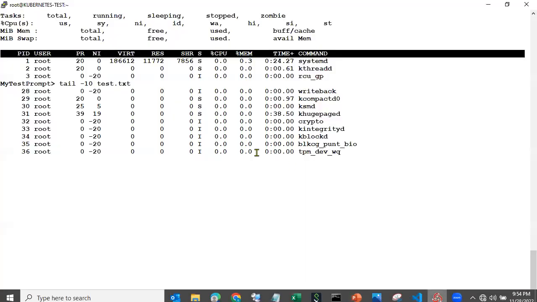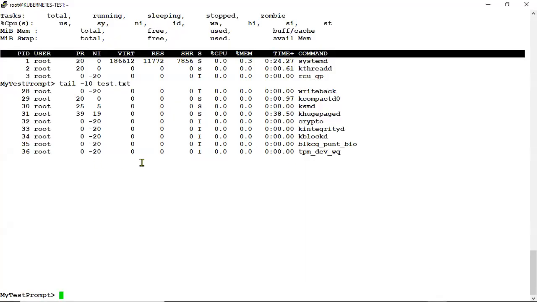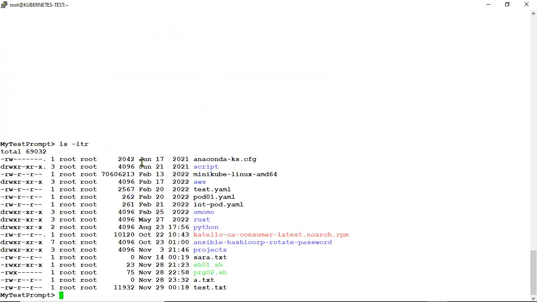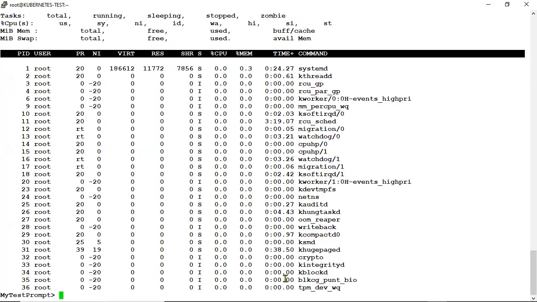Now suppose what you want is, if you say cat, suppose you want to display only this field, this second field, user. At that time there are many ways, but we can use AWK, which is the easiest one. So cat test.txt